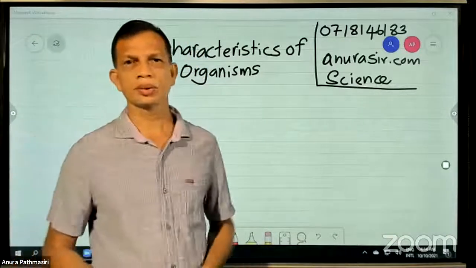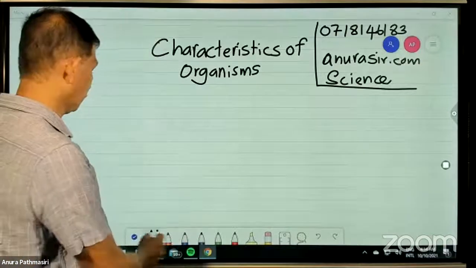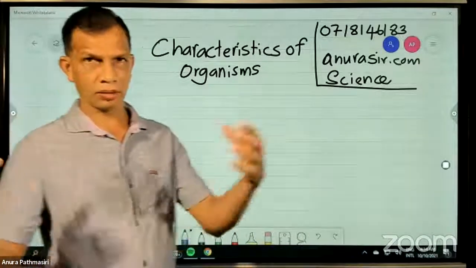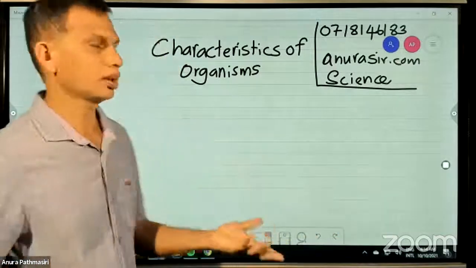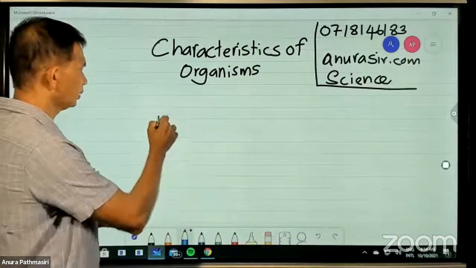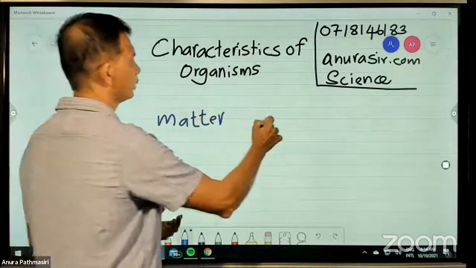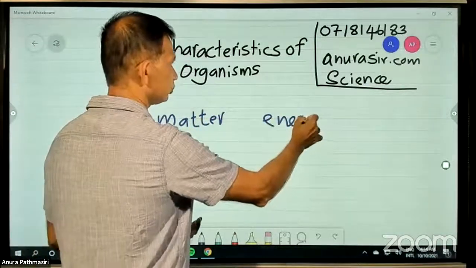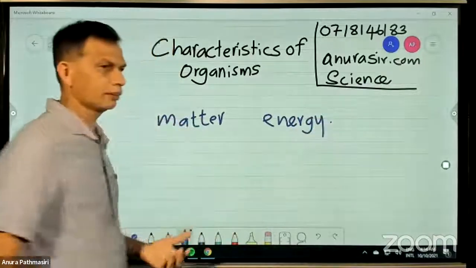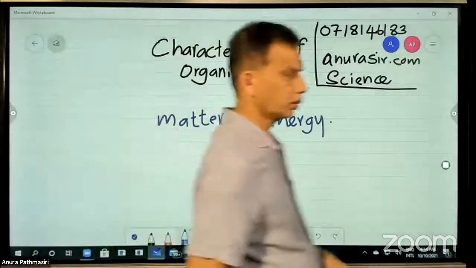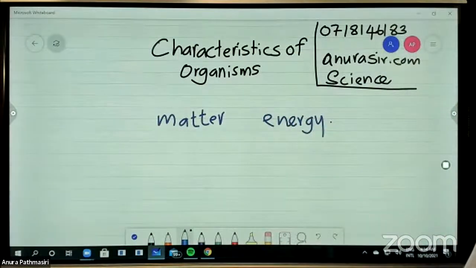Basically, as I told you earlier, the environment is made of basically two things: matter and energy. Combined, matter and energy